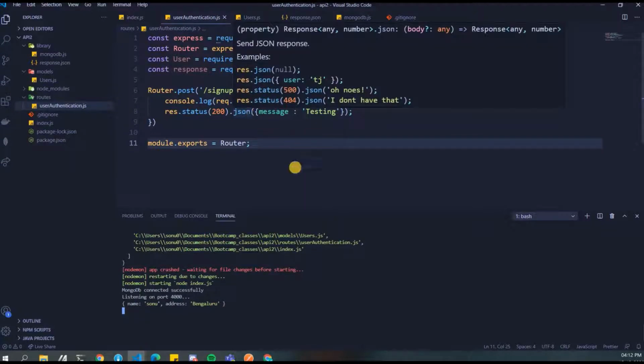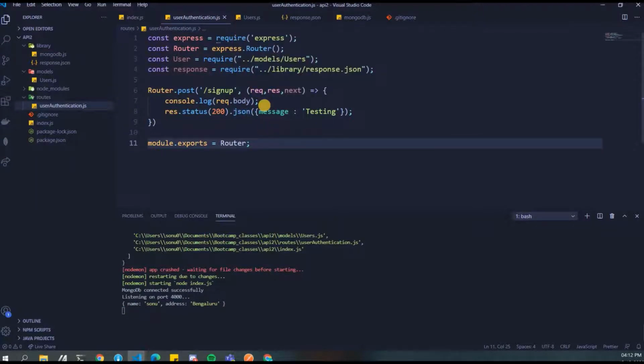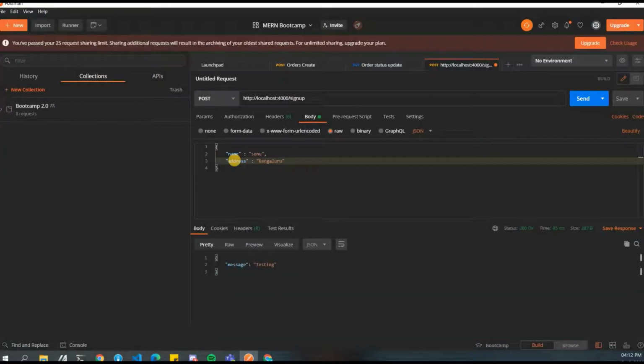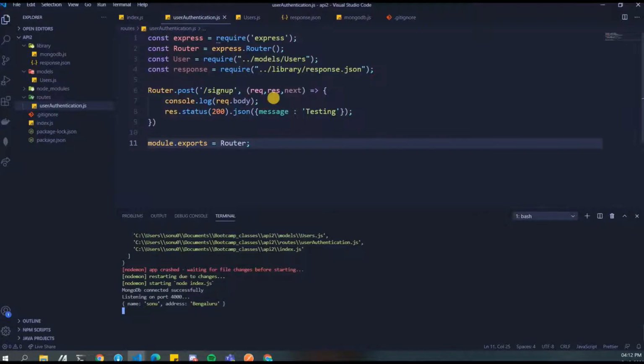So this way we can understand, guys, that the JSON that we passed over here is coming in over here, okay, and it is also sending me a response. So we'll move on and create APIs on top of this. Meanwhile, you guys try it completely. I'll come back after a second.